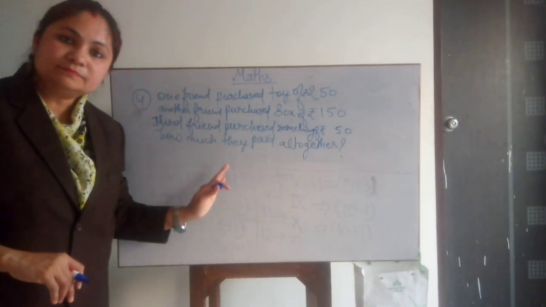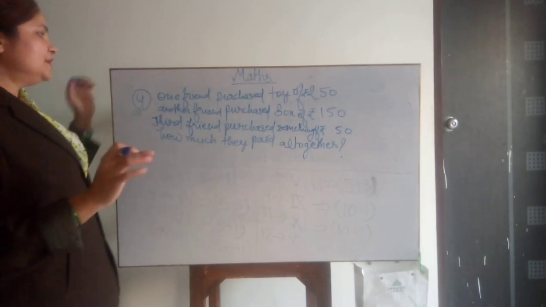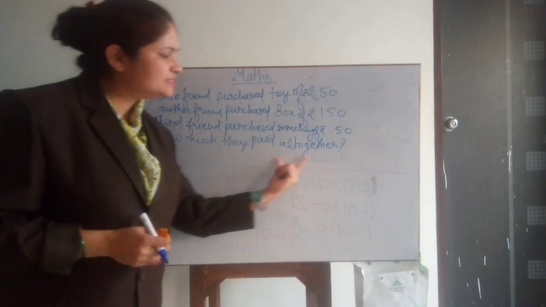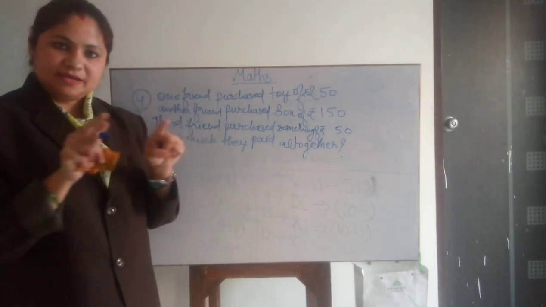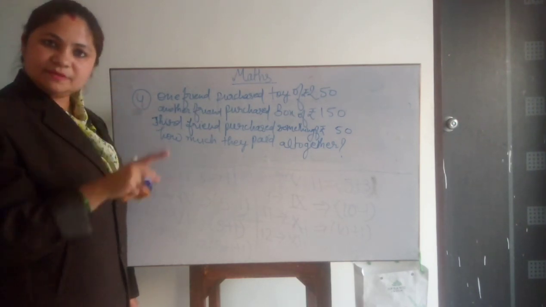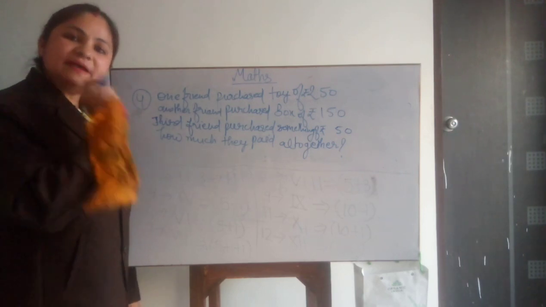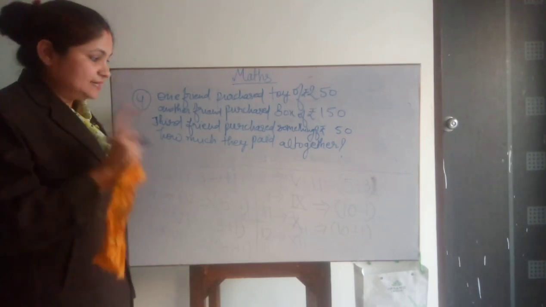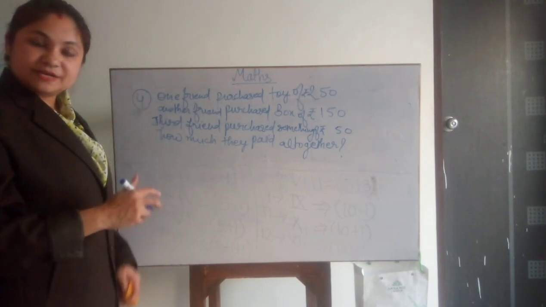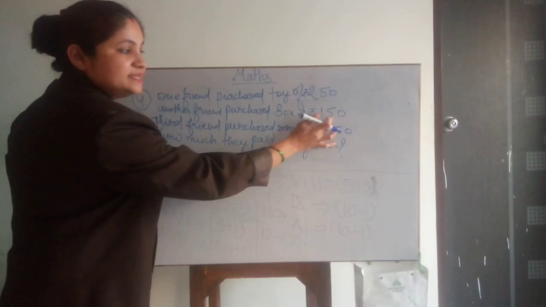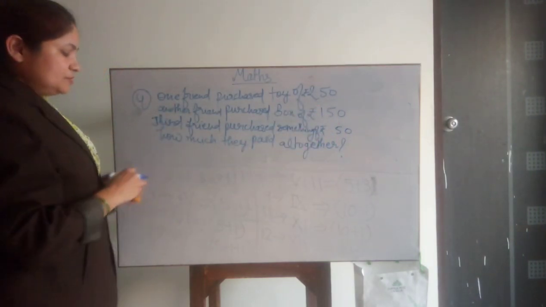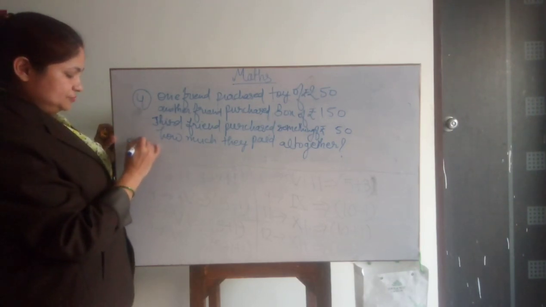This is your problem. What will you do? Simple. You will make the sentences. They are asking how much they spent altogether. They were having their separate money given by their mother, but still, how much did they spend altogether when they visited the fair. It means we will add up all three amounts, then only we will get the answer. So this is the solution.